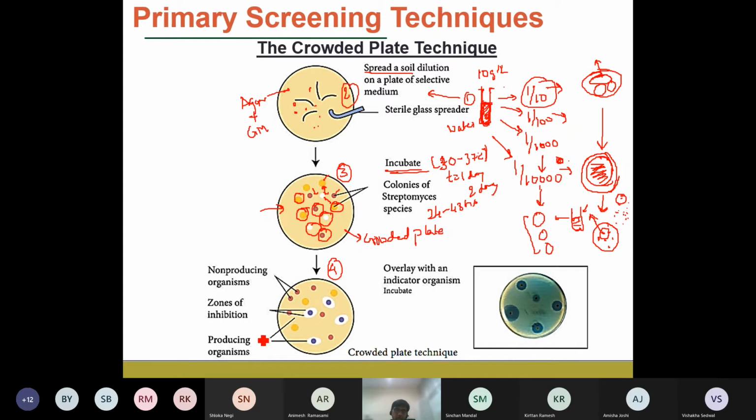time, since your targeted organisms will start to produce the antibiotics, you will find there is a zone of inhibition, because we know the antibiotics kill the microorganisms, right? But some microorganisms produce antibiotics themselves. So when there is production of some sort of antibiotic by these targeted microorganisms, it is going to inhibit the growth of other or non-producing microorganisms around this periphery. So the neighboring microorganisms cannot grow because it is releasing some sort of antibiotics continuously.